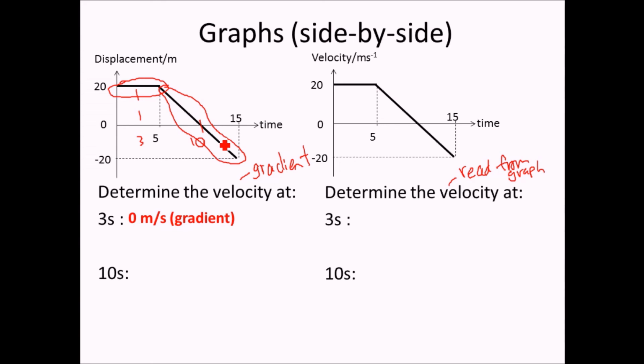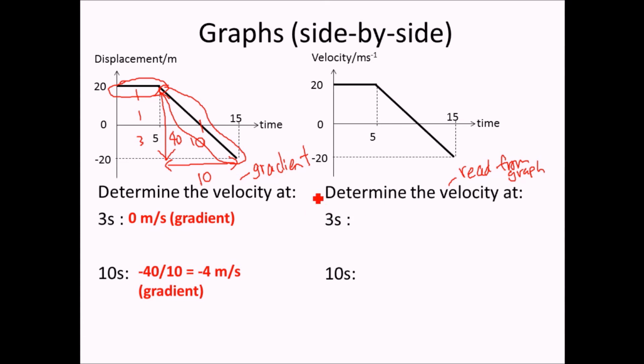You can take the whole line to find the gradient. So by taking the whole line to find the gradient, I can take from here to here for the rise, and from here to here for the run. So from here to here is 40, while from here to here is 10. Take note there is a negative gradient, so it's minus 40 over 10, so you get minus 4 meters